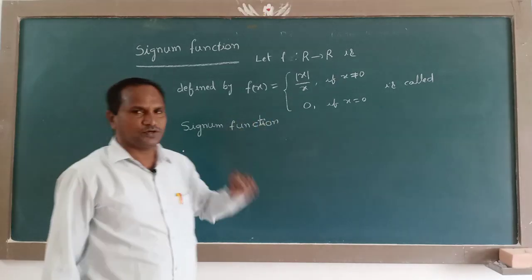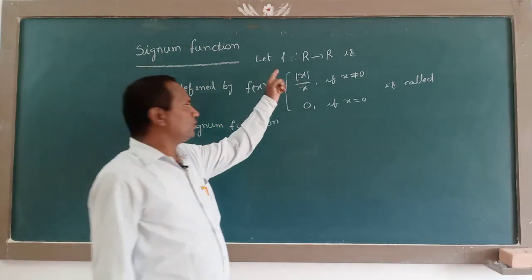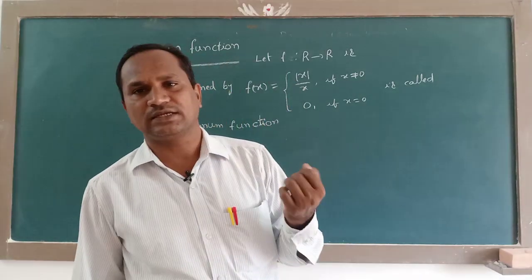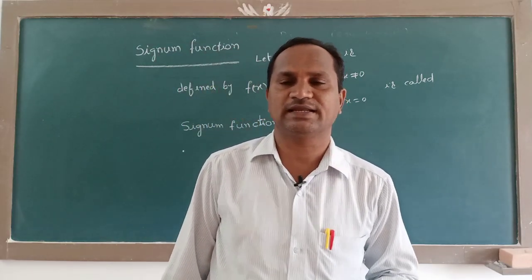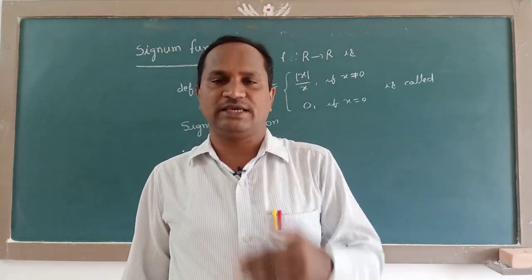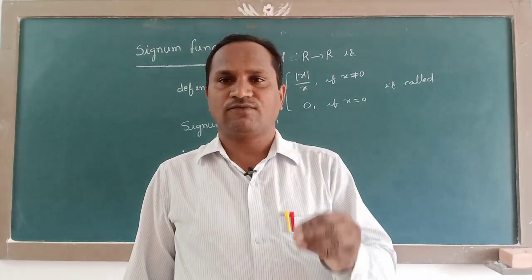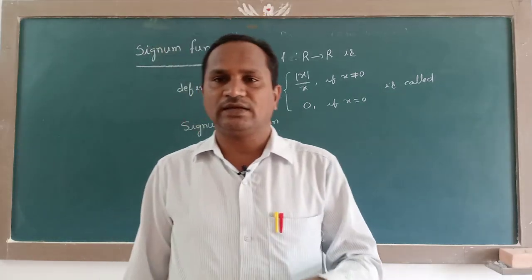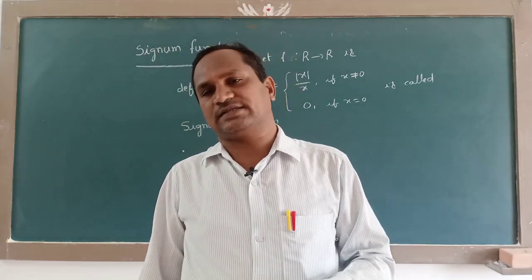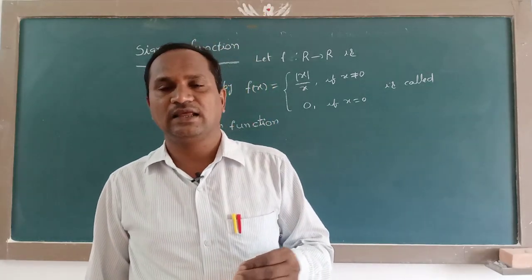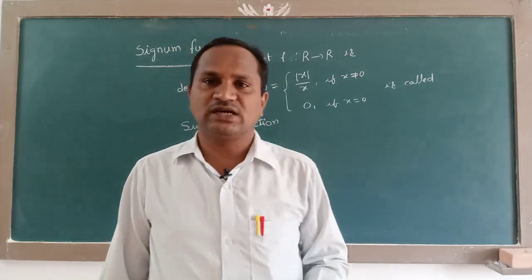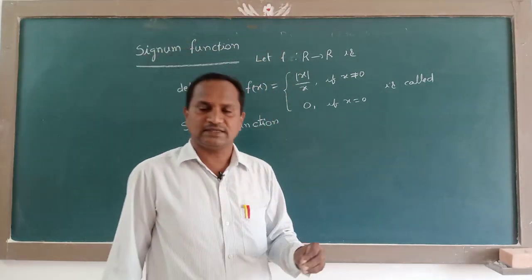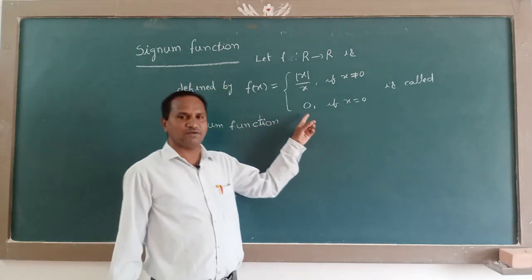See, in the case of the signum function, they mentioned here modulus of x by x. If you remove the modulus, it gives two meanings, plus or minus x. One is plus x by x, which gives plus 1, the function value for all x greater than 0. At the same time, if you take minus x by x, x gets cancelled and again you get minus 1. It is the function value for all x less than 0. Exactly at 0, they mentioned the function value as 0.